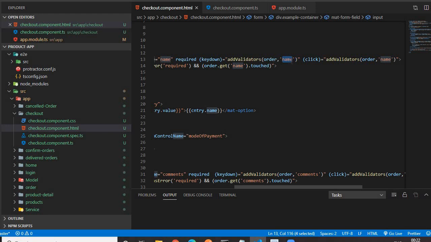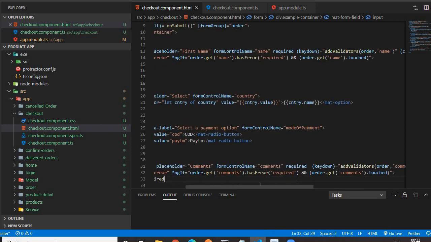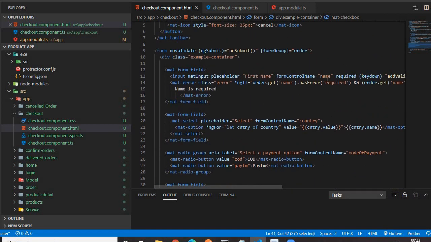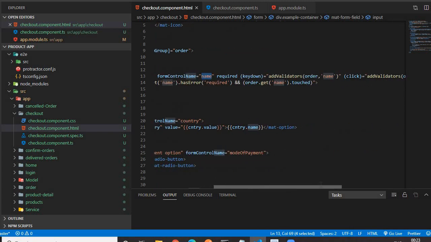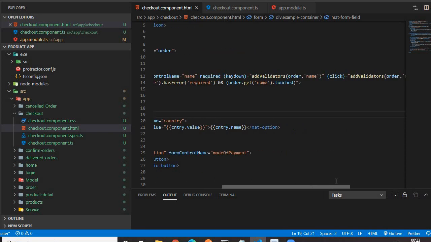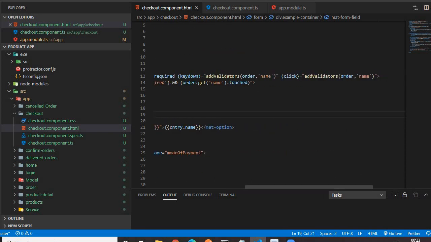This name corresponds to the form control name because this is for the first name. The same name we have provided as the second parameter for the add validator function. So we are calling add validator on the key down event as well as on the click event.